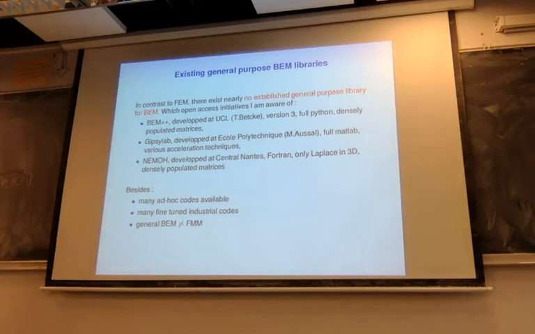Besides this, there are also many existing codes in open access, but they are ad hoc codes. There are also other general purpose codes, but they are not in open access. Many of them are industrial codes that were validated and tested for many years. And it's not easy to have information or exchange about these codes. EADS, for example, has a big code of this. Thales also.